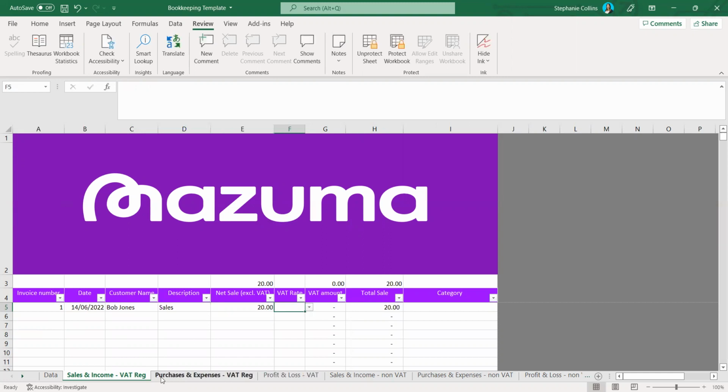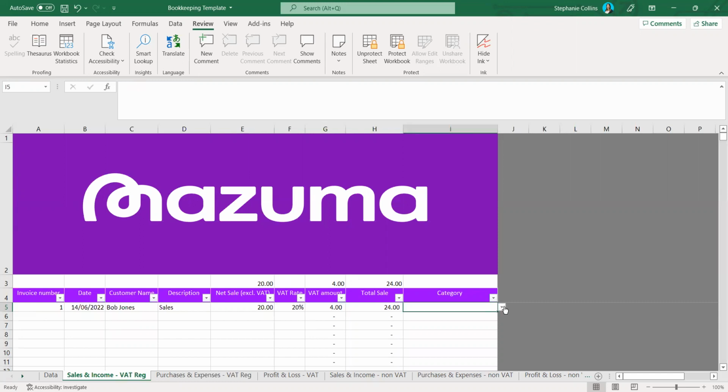These first few tabs are for VAT registered businesses, or if you're looking to prepare information on a VAT registered basis. You can select the VAT rate here, which will automatically calculate what's then due to be charged or has been charged, which should match any invoices raised and give you a total. All sales and income recorded here are then totaled for you at the top. So it's really easy to see how much that you've made during that year